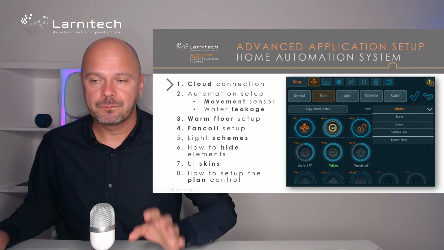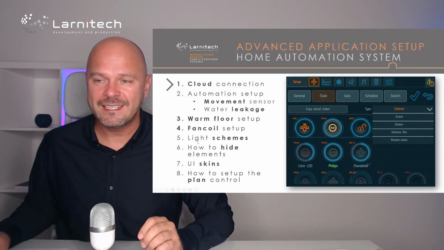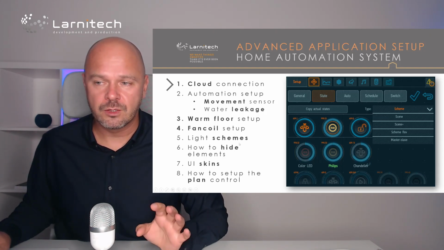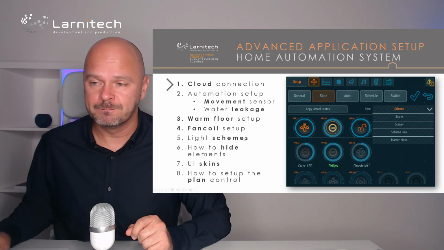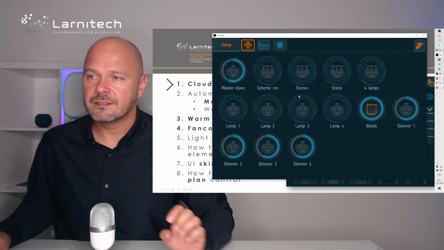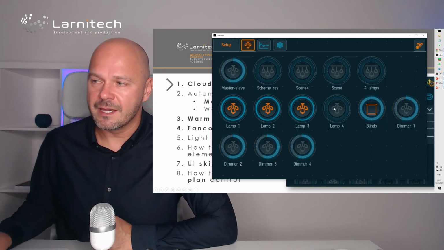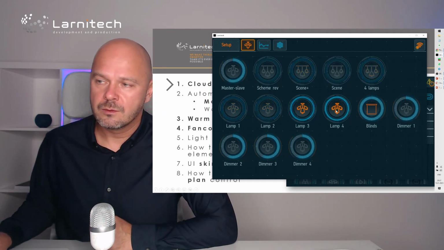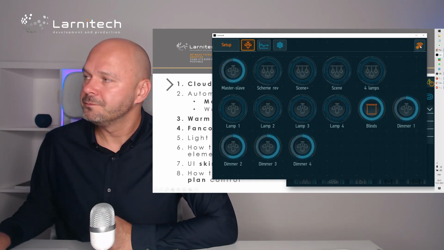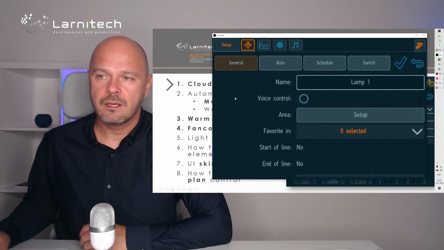Then, an important question: when we have light schemes and scenarios, we need to hide some elements which we don't need on the screen. How do we do it? We can go, for example, we don't need these lamps. We need just scenarios. We go to edit mode, edit item,